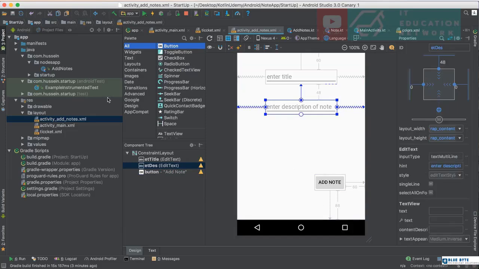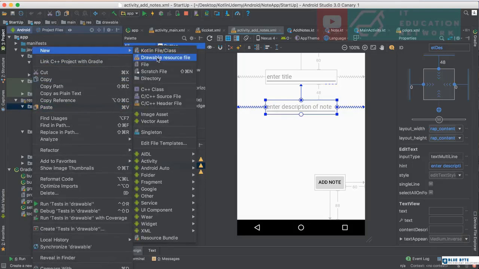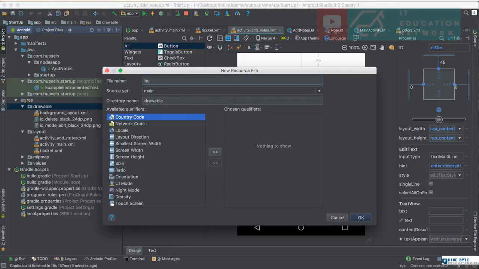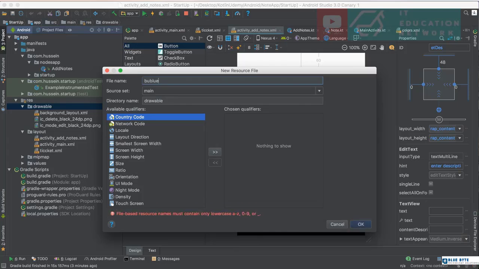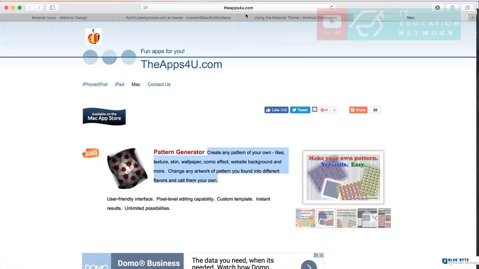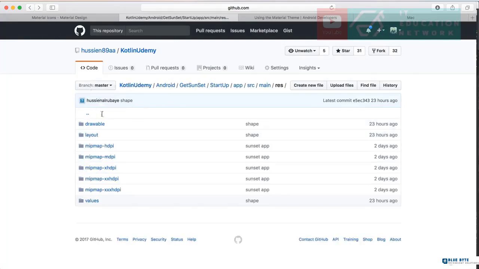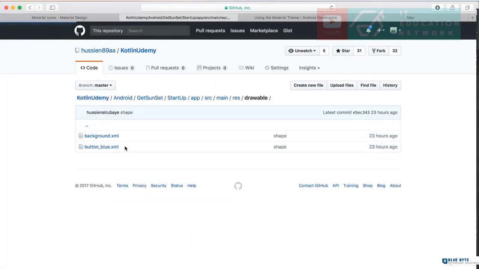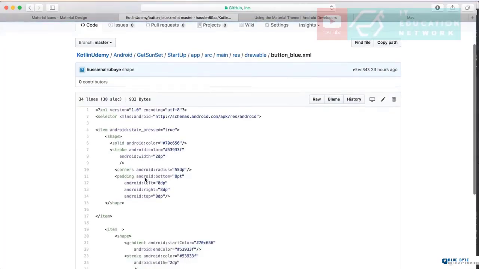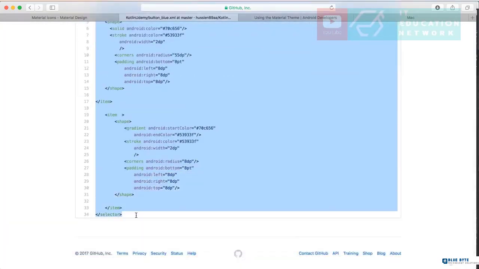But wait, this button I don't like it. I just want to use a specific layout drawable. So let me just go here, create a new resource. I name it bu blue, and I will use the bu blue color that we already developed before for previous projects. So just go back here to the Kotlin one, and drawable. Remember, we already defined a blue one. I would use it. I just want to make my code, my layout more professional. So just copy this code, go back,